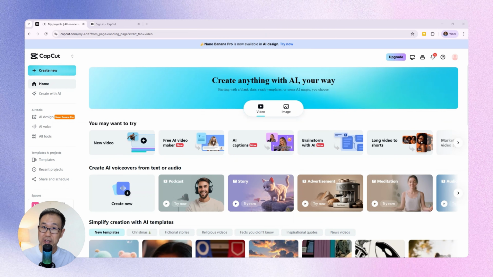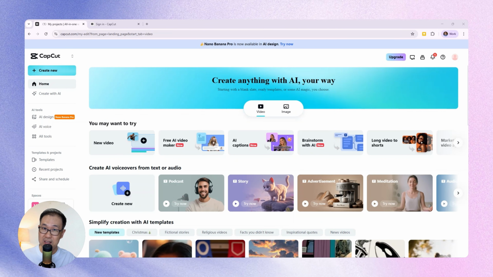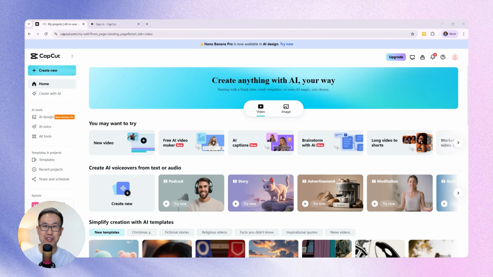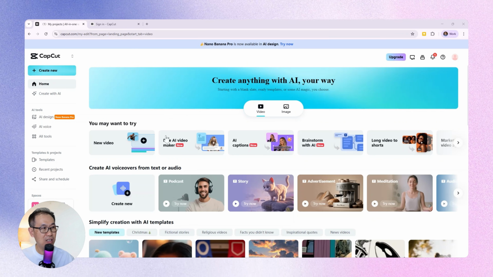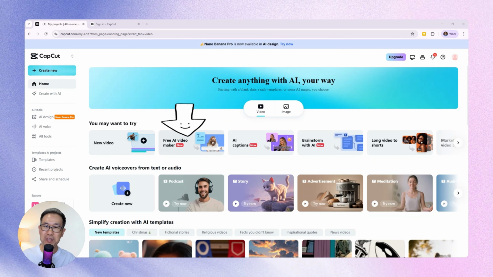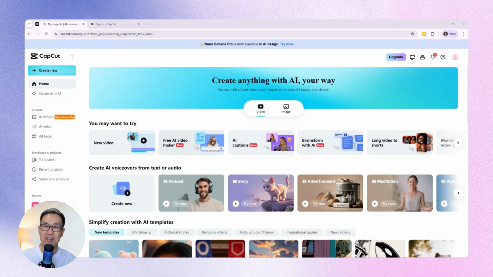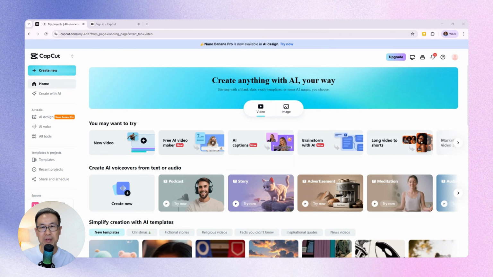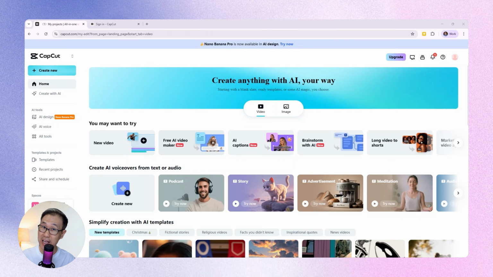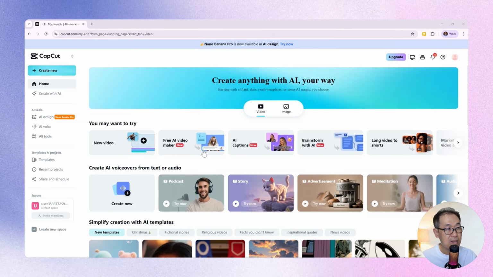Now the home screen has a lot going on. Enough options to make your head spin. But we want the free AI video maker. Usually it's on the right side of the new video. Notice the word new. New AI features are popping up in there to make video ideation and creation easier and faster. When I click into this,